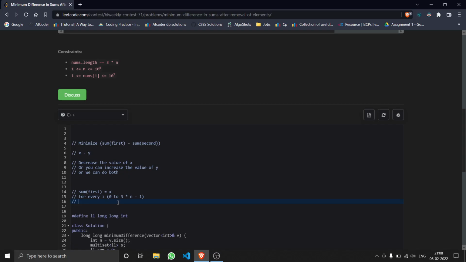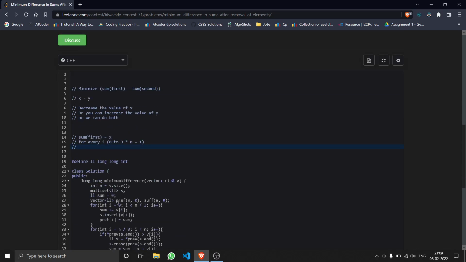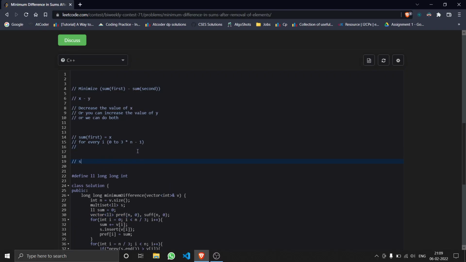For every i from 0 to 3n minus 1, I am storing the minimum possible sum of n elements, not a subarray, the minimum possible sum of n elements up to index i, right? I'm just doing that in one vector. Similarly, for y,